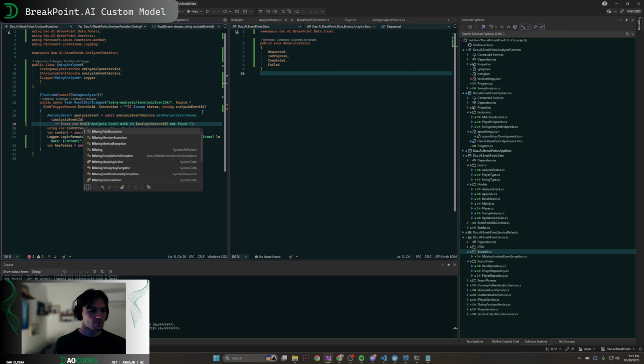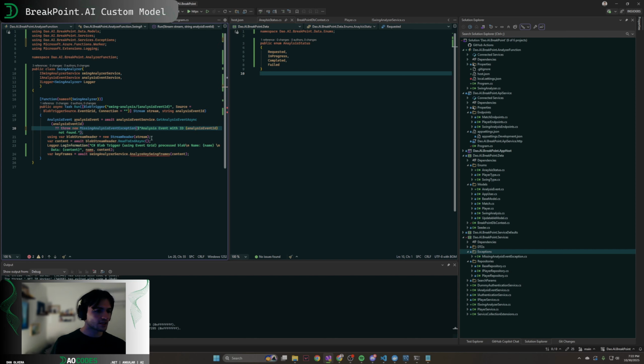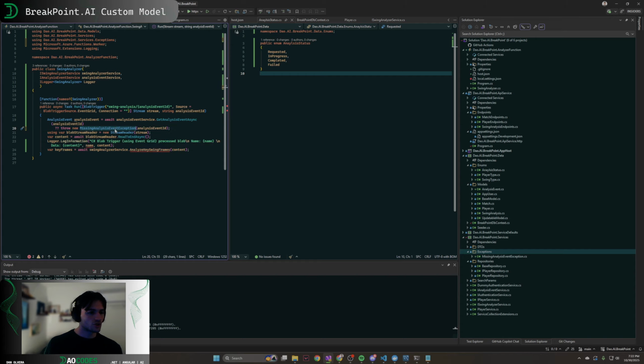Throw new missing analysis event exception and just pass in that. And it should, yep. And down there, throw new. Okay, so then the analysis. So then